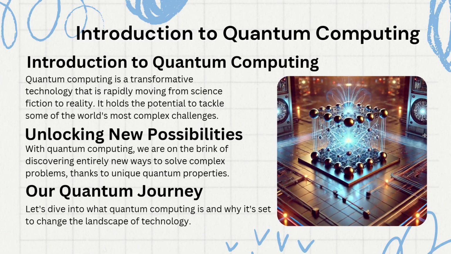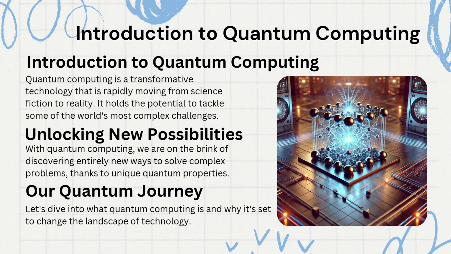Quantum computing is a type of computing that takes advantage of the quantum states of subatomic particles to store information. Unlike classical computers, which use bits as the smallest unit of data, quantum computers use quantum bits, or qubits. These qubits can represent and store information in both zeros and ones simultaneously thanks to a principle called superposition.